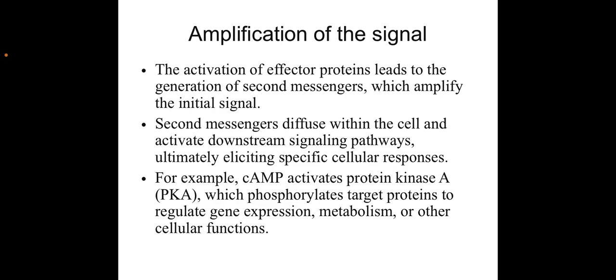And if we talk about the amplification of the signal, the activation of the effector proteins leads to the generation of second messengers which amplify the initial signal. Second messengers diffuse within the cell and activate downstream signaling pathways, ultimately eliciting specific cellular responses. For example, cAMP activates protein kinase A, PKA, which phosphorylates target proteins to regulate gene expression, metabolism, or other cellular